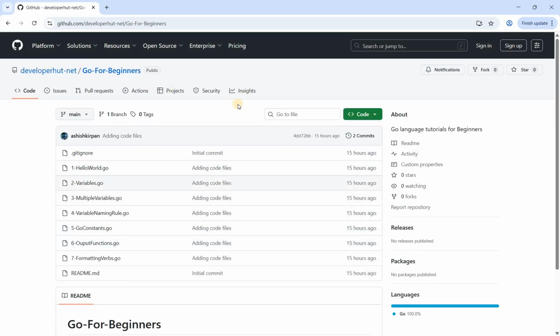So I will also add the URL for this repository in the description section below, and you can use this repository for the reference. For all incoming sessions, I will also upload the code in the same repository. And in near future, I will also add the exercise assignments where you can use those exercise assignments to master the